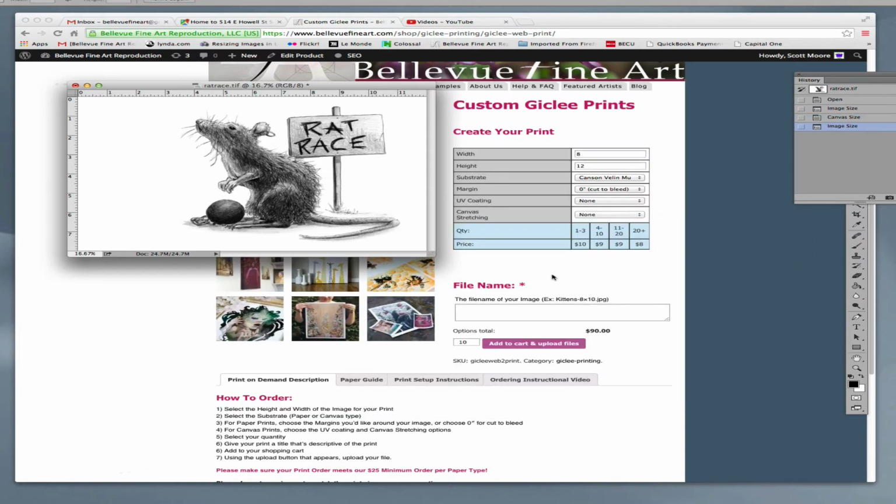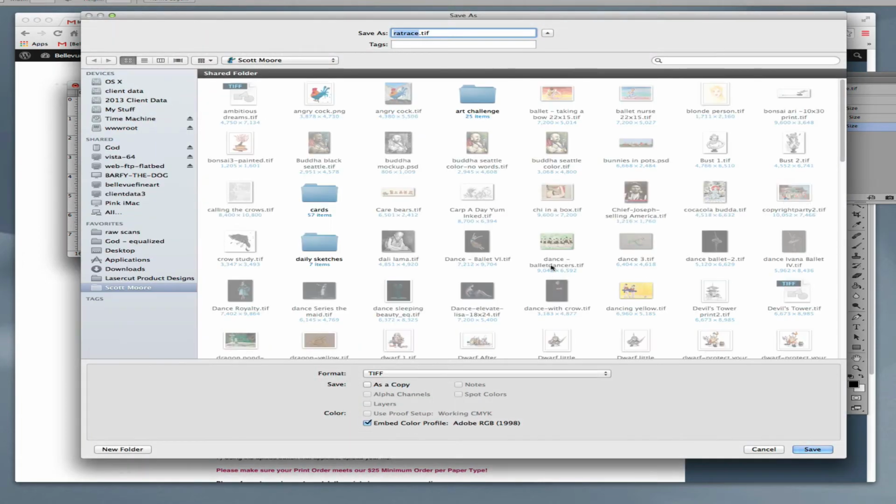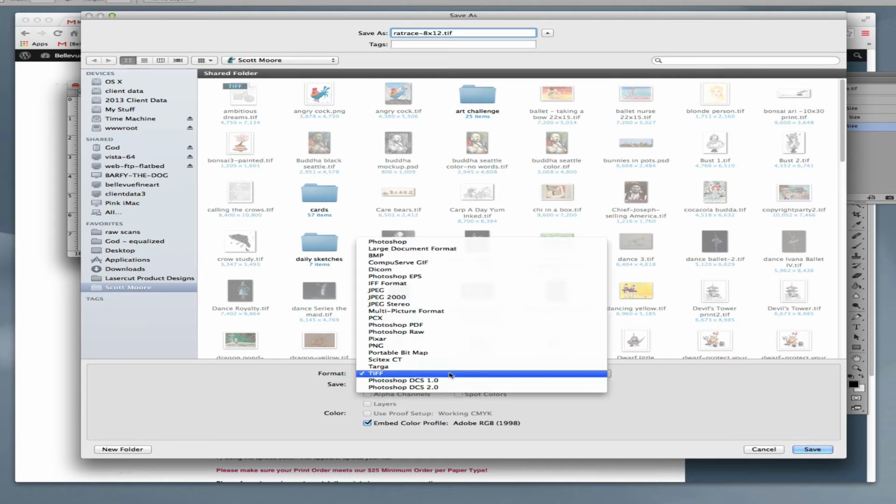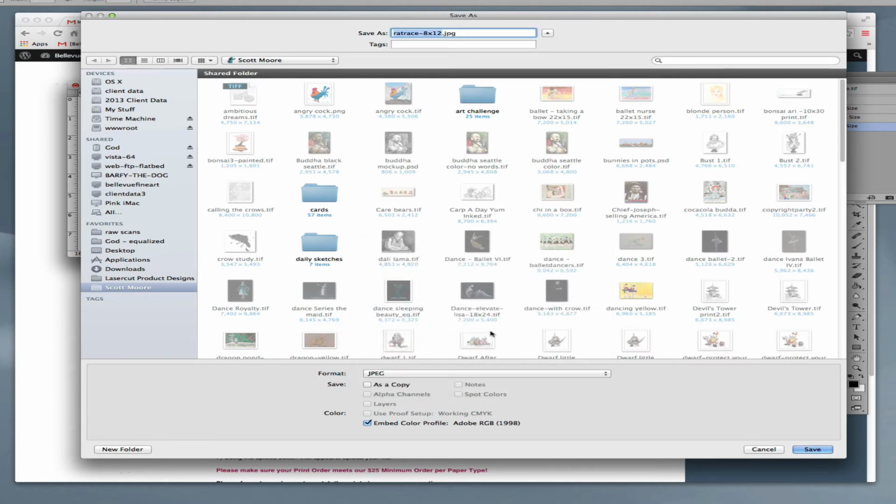So I've done that, and I'm going to save it now to my desktop so it's ready to upload. I'm going to call this Rat Race 8 by 12. I'm going to select JPEG as my file format, and I'm going to be careful whether it be TIFF or JPEG to embed the color profile that I'm using. So I've got Rat Race 8 by 12. I'm going to save that to my desktop,